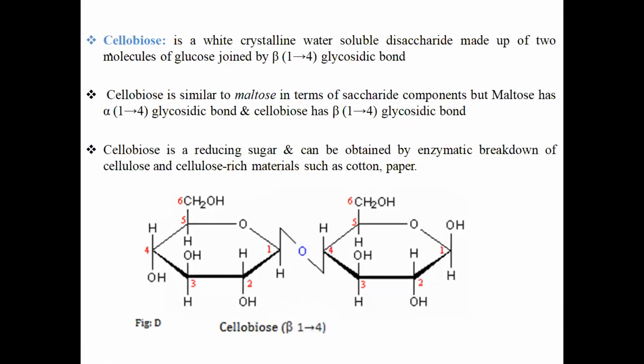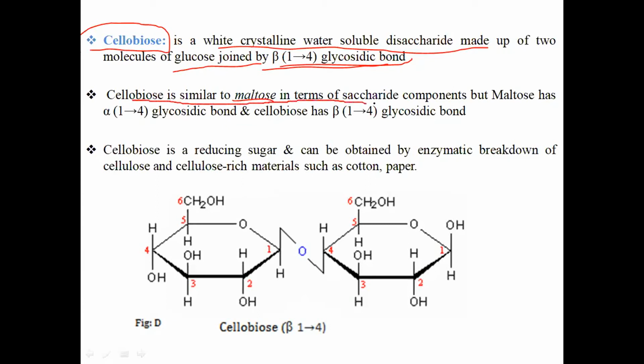Next, the last disaccharide is cellobiose. It is very important. Cellobiose is a white crystalline water-soluble disaccharide made up of two molecules of glucose joined by a beta glycosidic linkage. So cellobiose is also a disaccharide which has two glucose molecules, but the linkage is a beta glycosidic linkage. Cellobiose is similar to maltose in terms of saccharide components, because both maltose and cellobiose contain